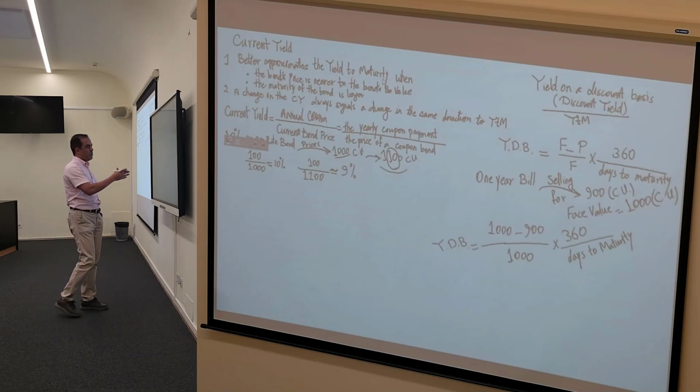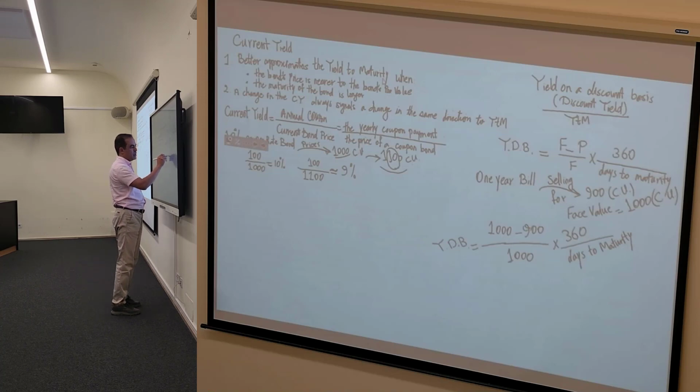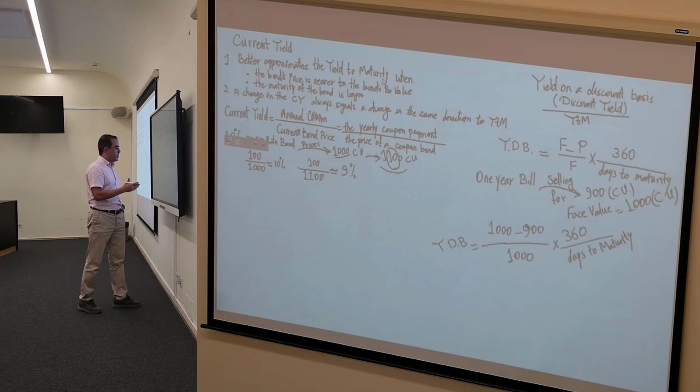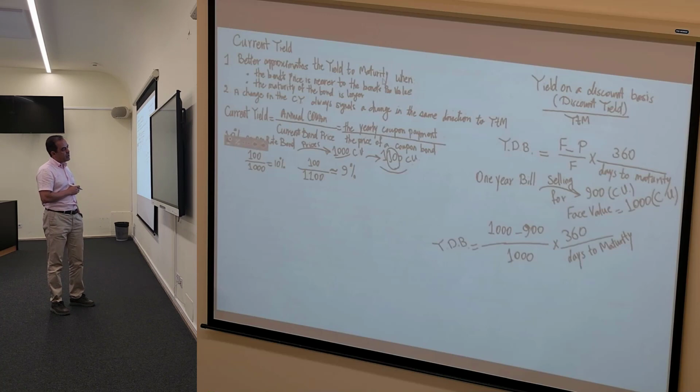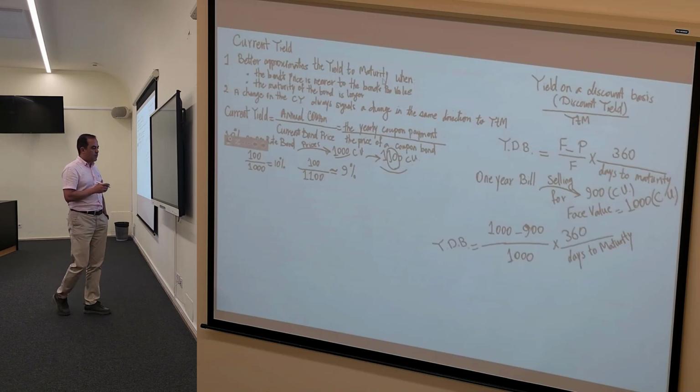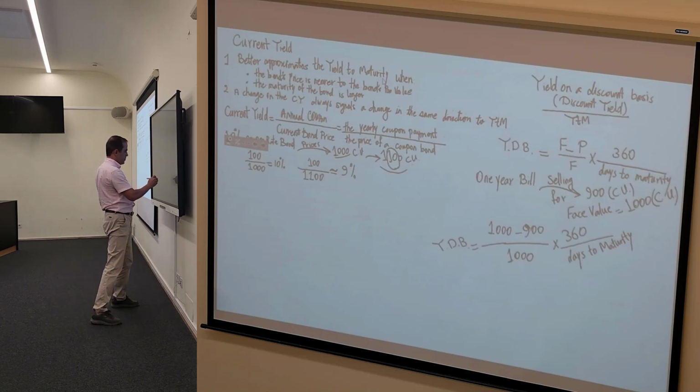That it could give us a number, a kind of approximation for the yield to maturity, but maybe the yield to maturity for this bill would be higher. Okay, so more generally, the return on the bond held from time t to time t plus 1